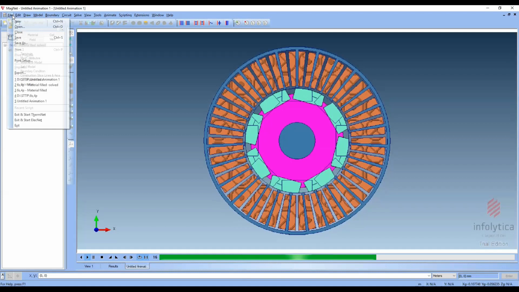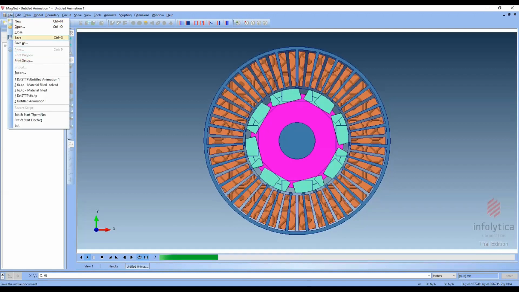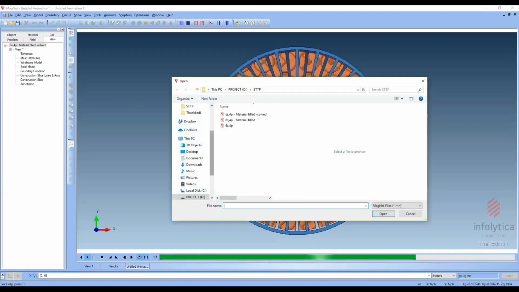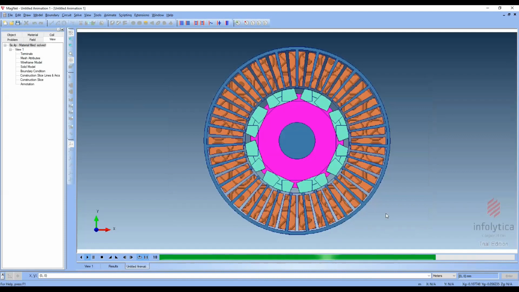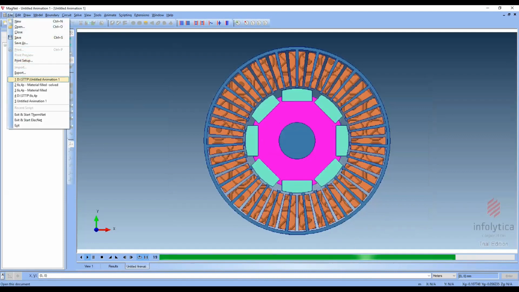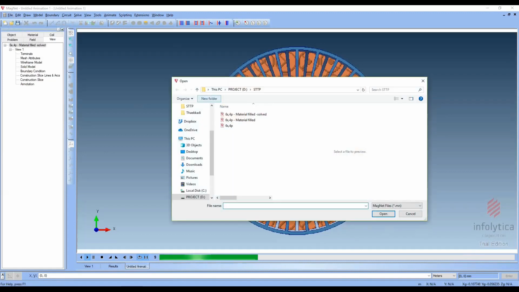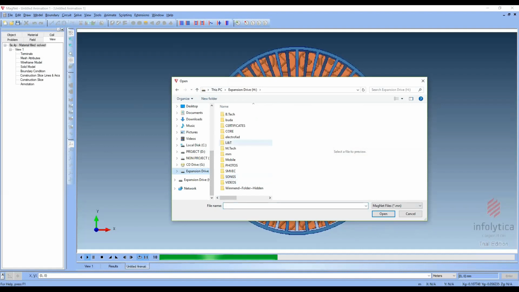And another thing, actually I have a flux animation also.